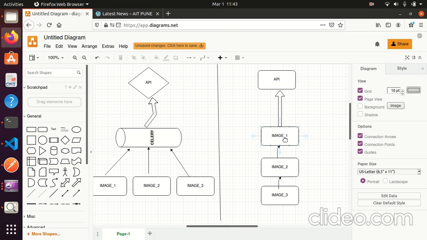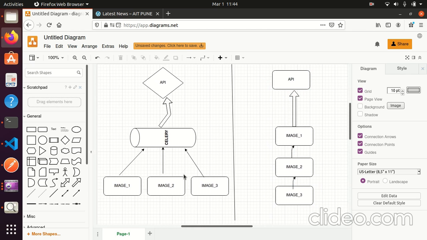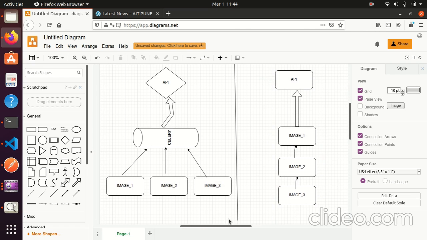As you can see, suppose we want to extract some textual data from multiple images, then it will be happening in this fashion. We will be throwing our first image to the API and it will extract the text. Then after the extraction happens in the first image, we will move on to the second image. After the second image's extraction, we will go to the third image. So this method is synchronous in fashion. But today we are going to achieve an asynchronous behavior for data extraction using Celery.